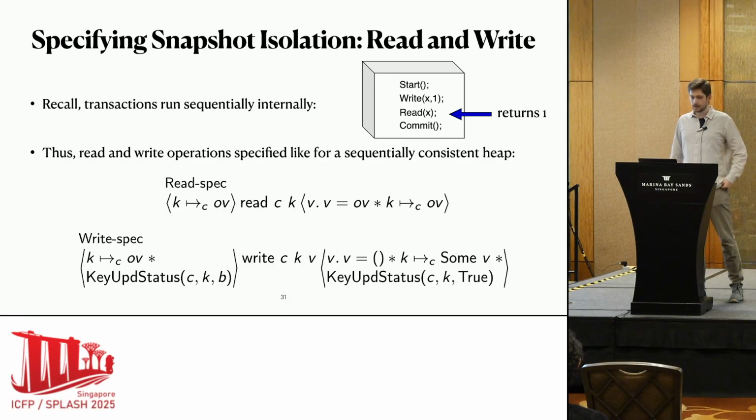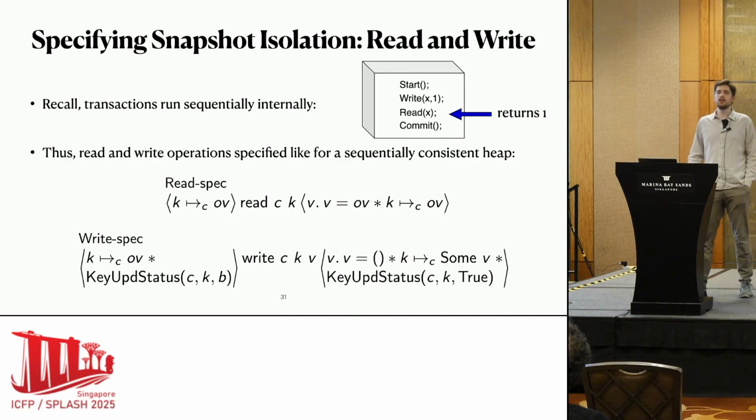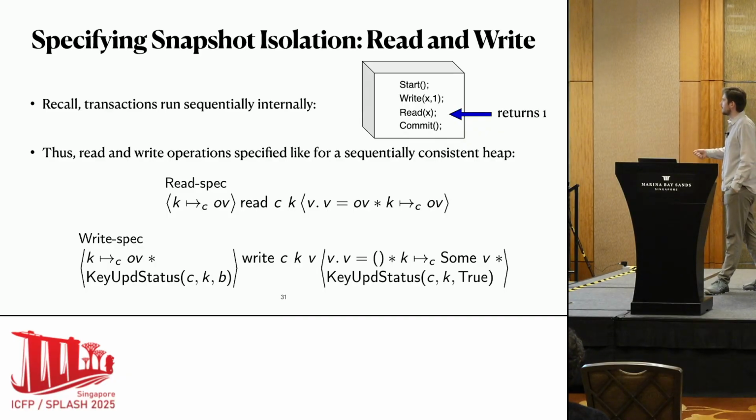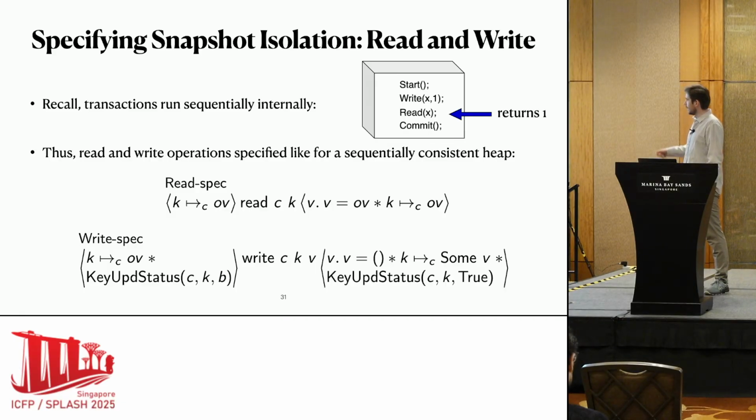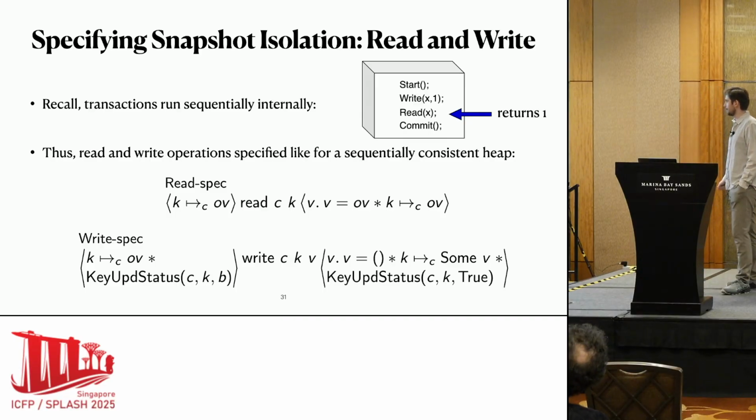This implies that the read and write specifications can be specified just like a sequentially consistent heap, something that we are quite familiar with. As you see, the read specification immediately reads the value out of the pointer. And the write specification also immediately updates this pointer. We do